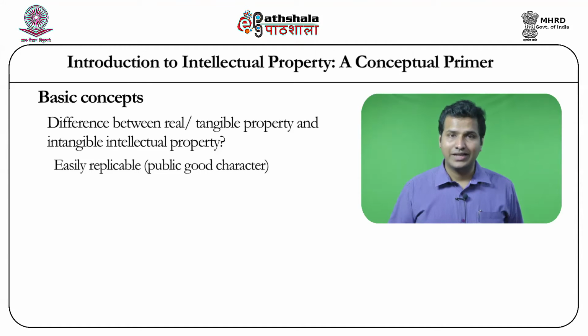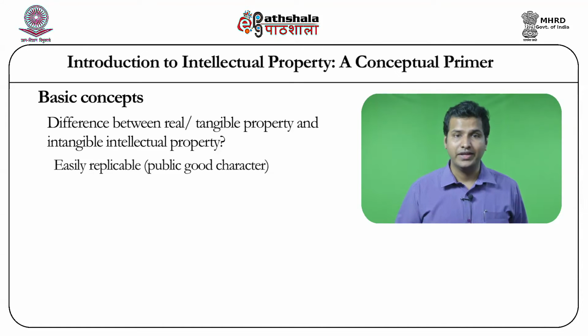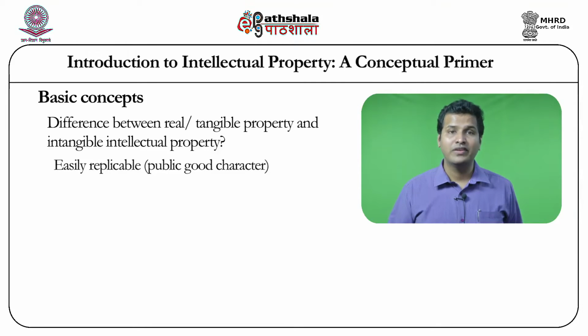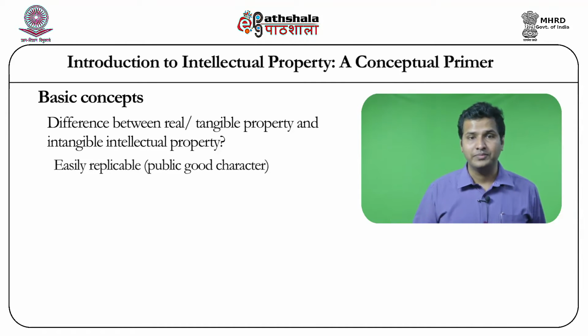Unlike in case of land and chattels, consumption of knowledge by so many people at one point of time does not diminish the possibility of each other to consume the same piece of knowledge. Similarly, information once out without any adequate protection, it remains with the person who has got it. So, once the information is given, it cannot be dispossessed from that person. So, it is non-excludable and non-rival in character, and it has important implications of how we understand the economic differences between property and intellectual property.